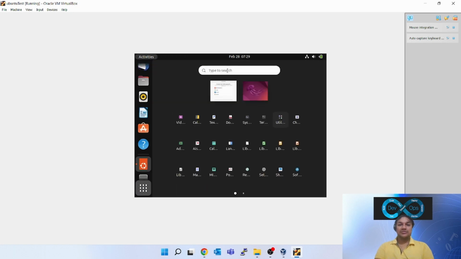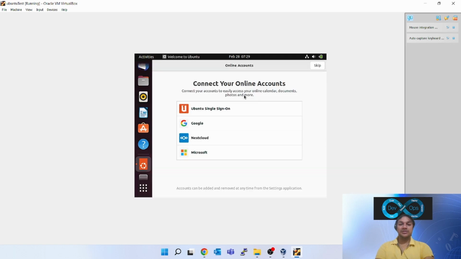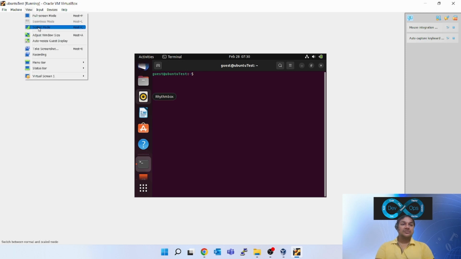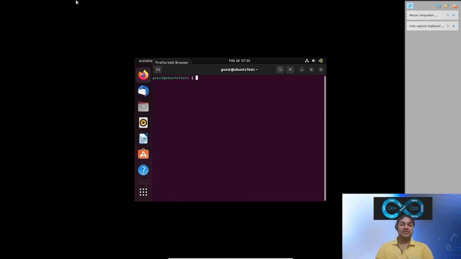You can work in this small window, you can do anything here, but it is very difficult to work in such a small window. You have to make it big. You can use scaled mode or full screen mode. Multiple options are there, but those will not be very helpful. So for that,